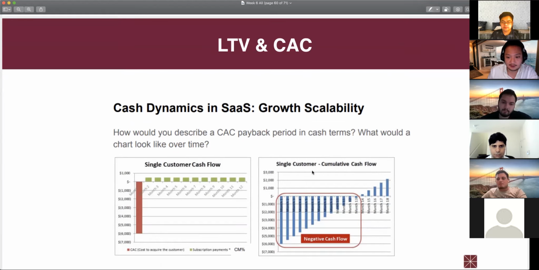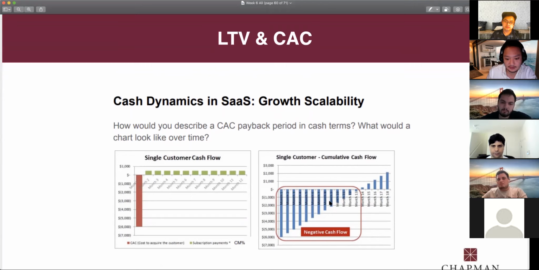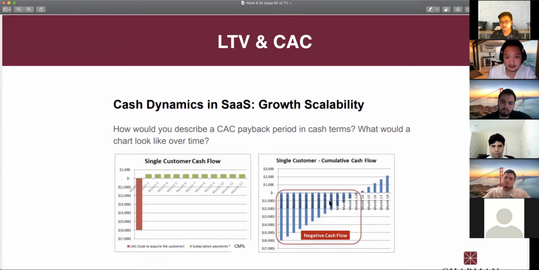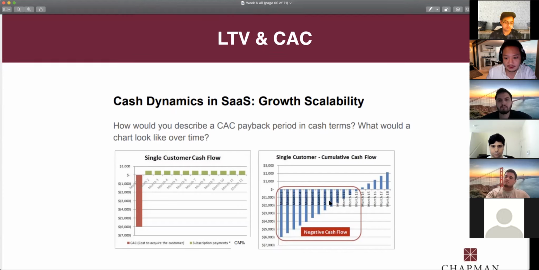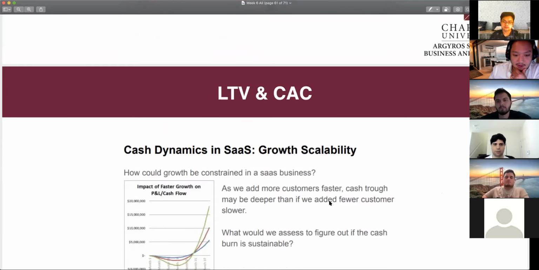In the beginning, you're looking at a single customer, and you're spending on Google ads, and then you acquire the customer, you're traveling, you set up some meetings, and then over time it hopefully diminishes along with the cash flow that's coming in from the subscription payments. So over time, the goal is for every single customer for you to offset the initial outlay, so that through that subscription, you're able to make positive returns.